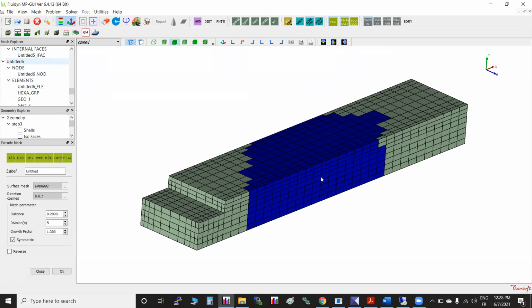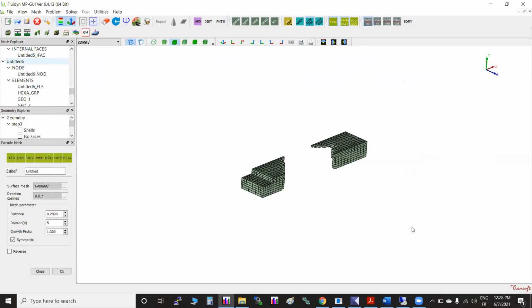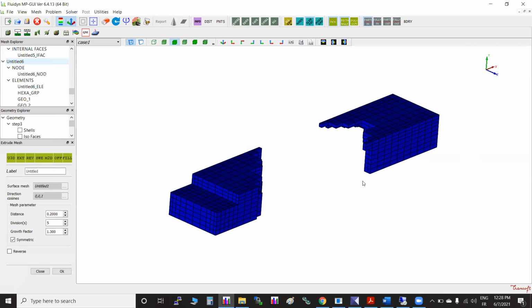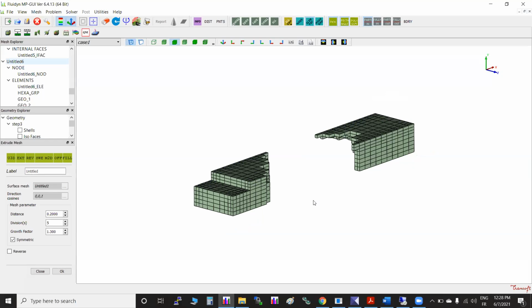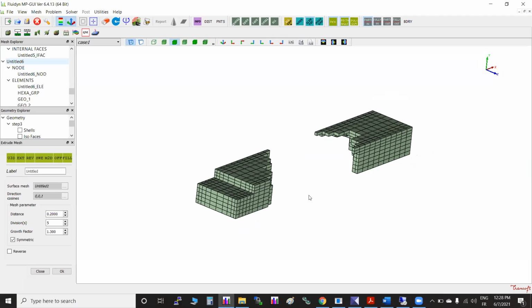And remaining, you can hide that portion, and remaining you can save as a fluid, if you wish to. I mean, you have a choice to take a part of the mesh and you can save it. Okay. These activities can be performed.